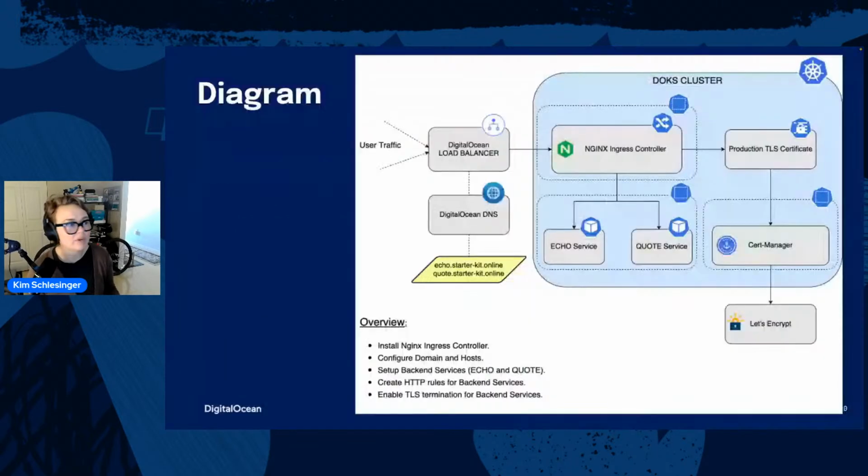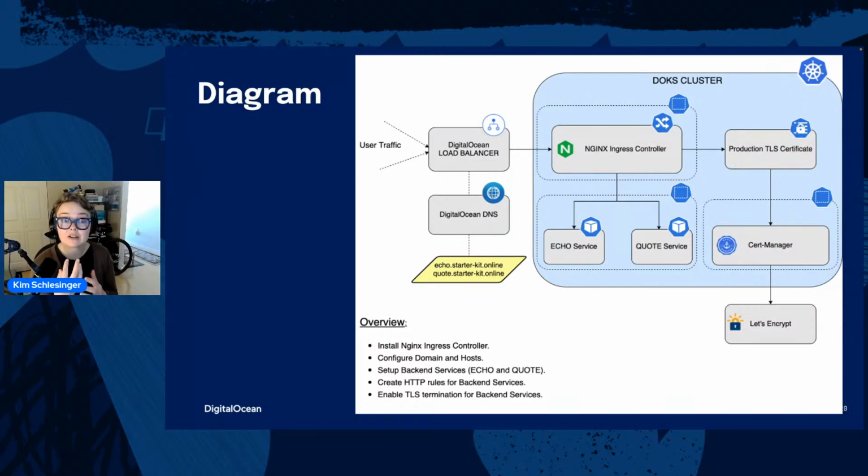So what we did today was a lot of things. We are making sure that we've got encrypted traffic coming into our cluster, and that also gives our users the assurance that we own the domain and that we're a safe site. The first thing we did was install the NGINX Ingress Controller inside of a DigitalOcean managed Kubernetes cluster, which also spun up that DigitalOcean load balancer. That load balancer has the public IP address where all of the traffic goes.